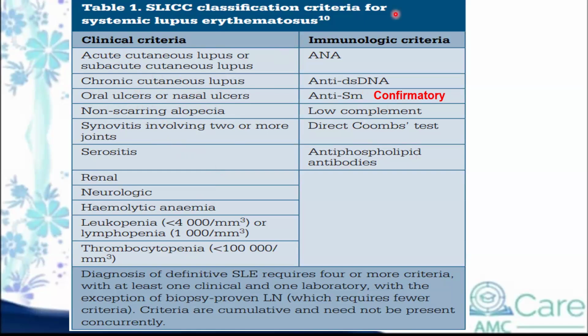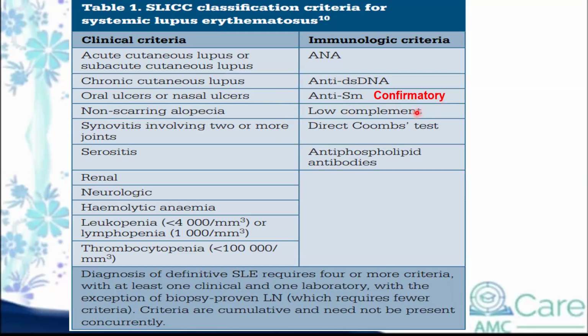So, immunological criteria, we need to think about the ANA, anti-dsDNA, right? So, ANA is not specific. Up to 15% of the population can have a positive ANA with no underlying clinical condition. And dsDNA is more specific. So if ANA is positive and dsDNA is positive, it's highly likely that it's an SLE. But the confirmatory here is anti-Smith antibody, right? So this is an MCQ question. So the confirmatory investigation is anti-Smith antibody.